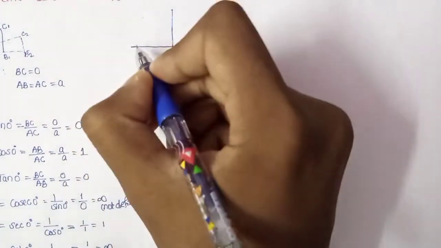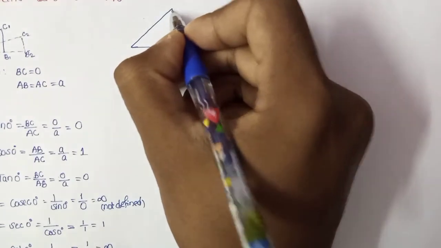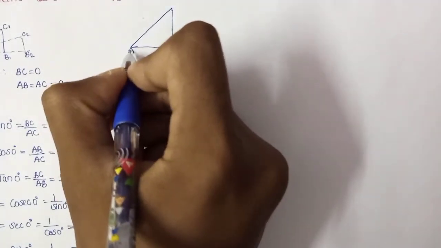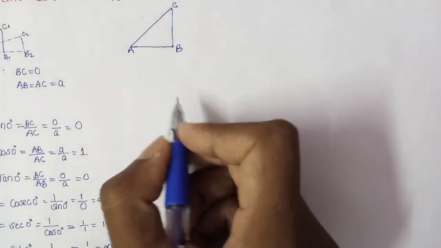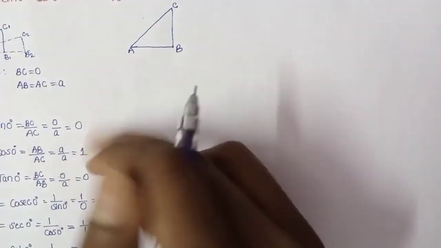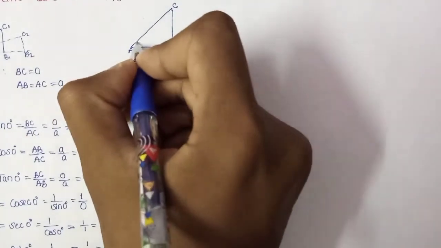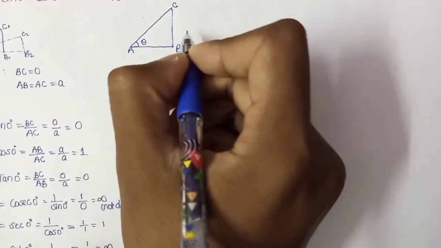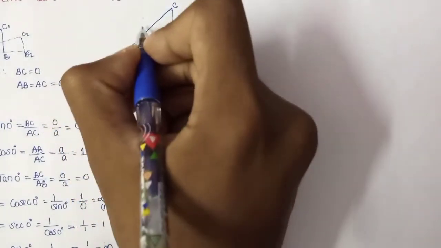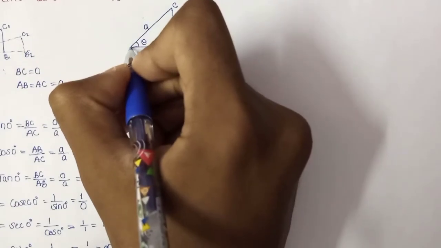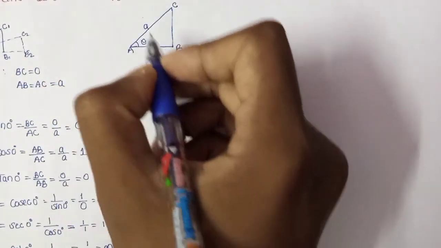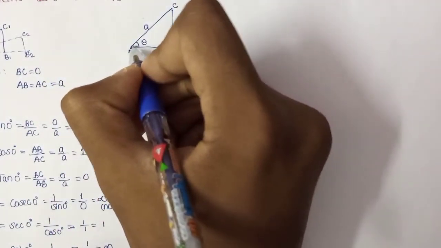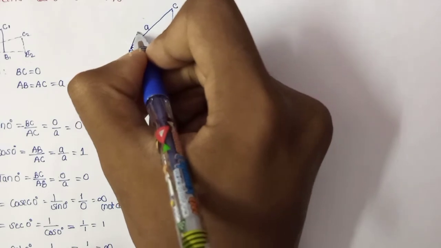This is another right angle triangle ABC. In the last case we made this angle theta smaller and smaller. Now we make it larger and larger. That means if you bend towards this side, towards the y-axis, the vertical axis, if you draw like this,